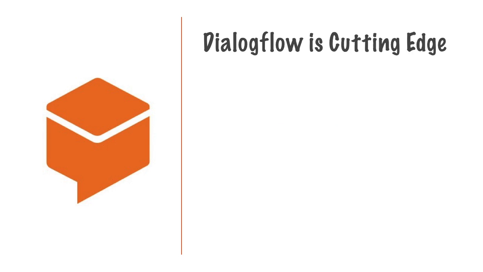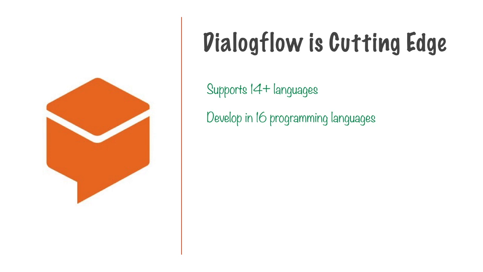What are the other capabilities that Dialogflow possesses? It supports 14 plus languages, including French, German, Spanish, etc. You can have the very same bot set up to understand multiple languages if you have users from different countries. You can use 16 different programming languages in order to configure the bot, including Python, C Sharp, Java, JavaScript, all the common ones. Dialogflow offers the same SDKs that API.ai did, which allow you to build bots for your own application, whether it's a mobile application or it's a website. Dialogflow also offers SDKs which work with wearables. So it's Internet of Things enabled.